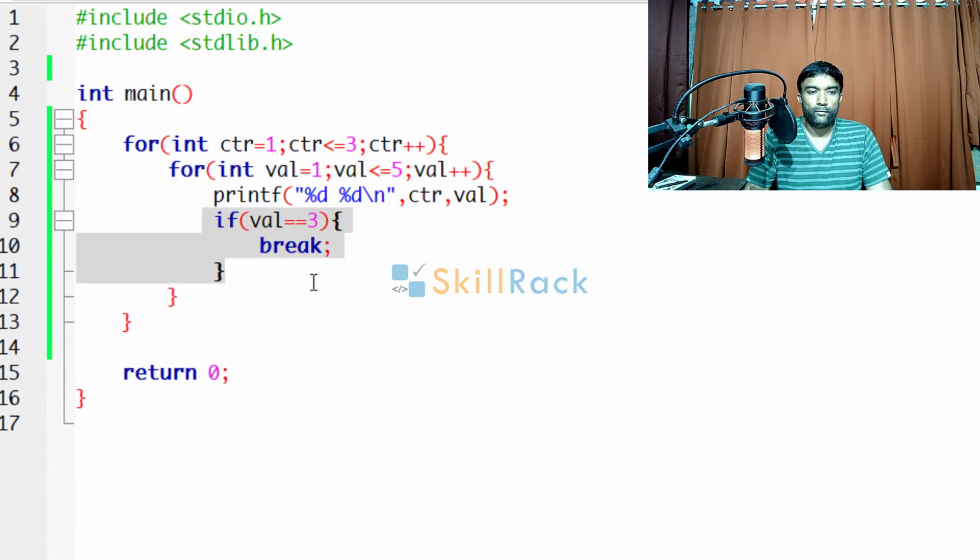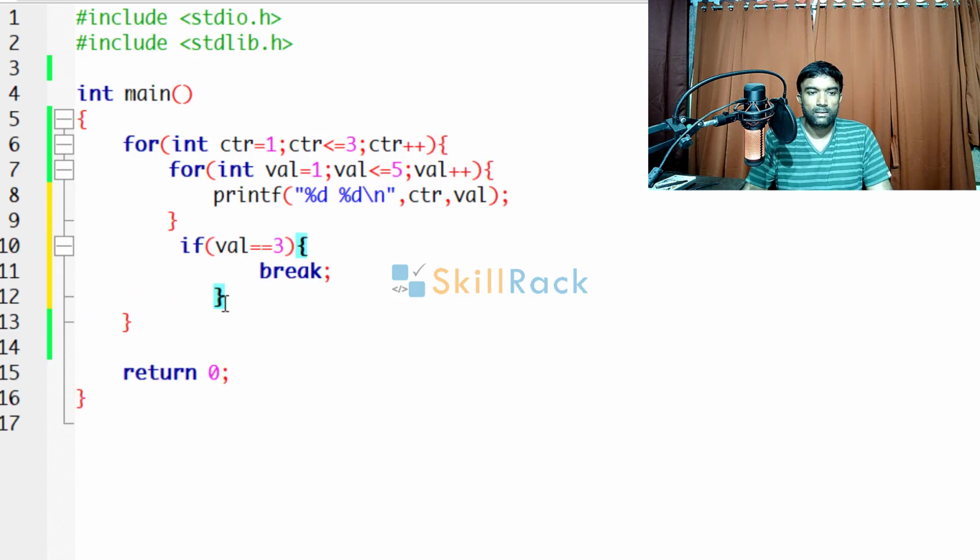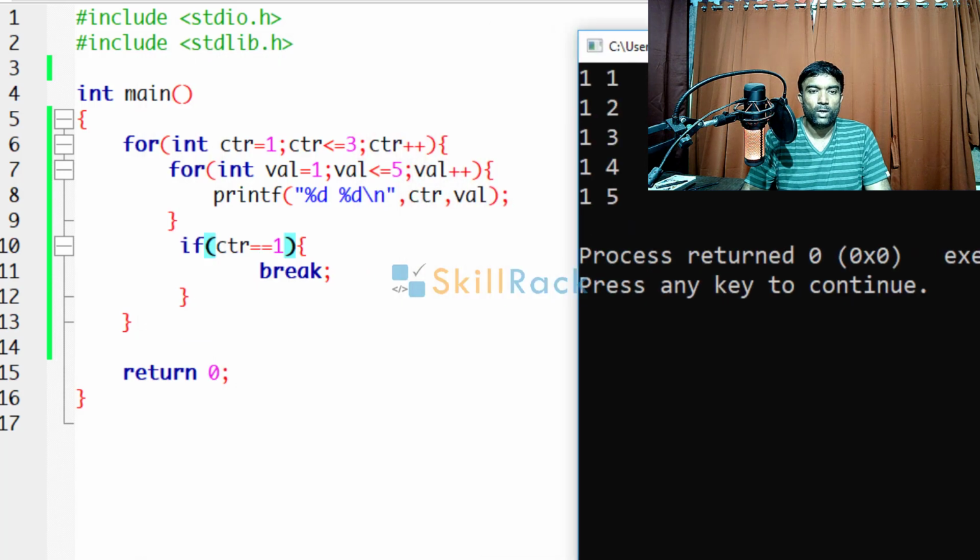But if you move this break outside, that is after printing this, because here we don't have val but we have counter. Let's say we have if counter is equal to 1, then we are giving break. It will only print from 1 to 5.